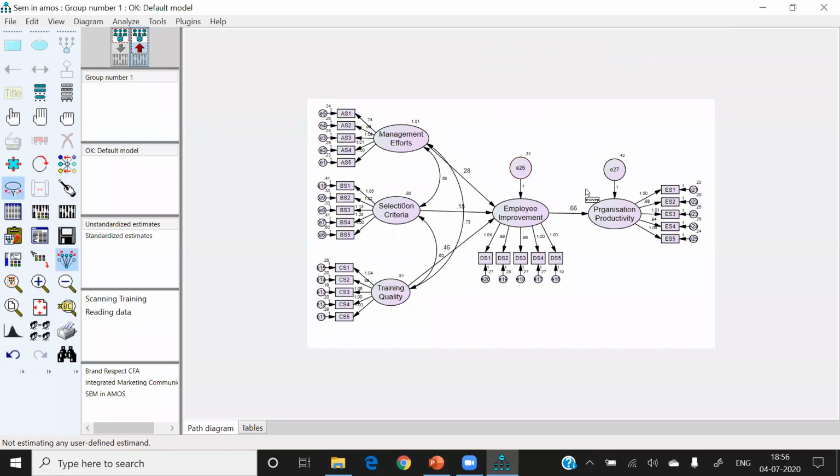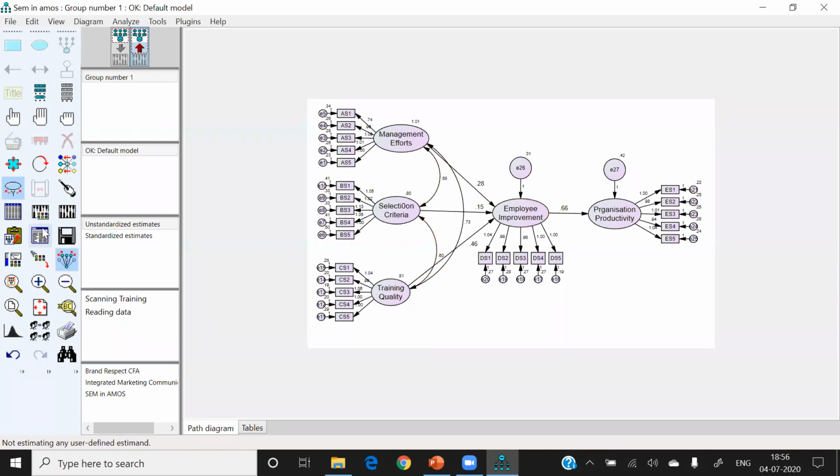Now you can move the path coefficients to the place where you want to keep them. This 15 is providing confusion, so let me keep it here, and 46 I keep here. So 28, 15, 46 are the path coefficients, and these values are the correlations.